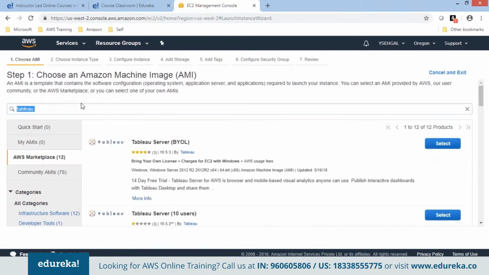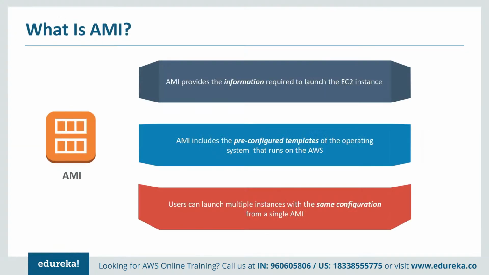So in a rare case, you don't find a software appliance in the quick start or in the marketplace. So what you can do is purchase the license on your own and use that license on top of your EC2 instance. So using this template in one go, you can actually launch as many instances as you may want to launch. So every account comes with a soft limit wherein Amazon would simply not allow you to launch 100 instances at a given point of time. That's simply to prevent accidental misuse. So there are soft limits on your account, and I'll come to soft limits again once we get into the